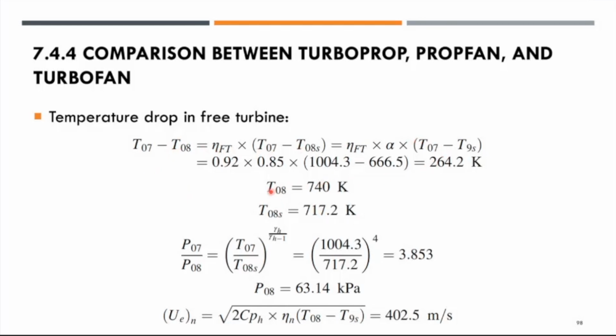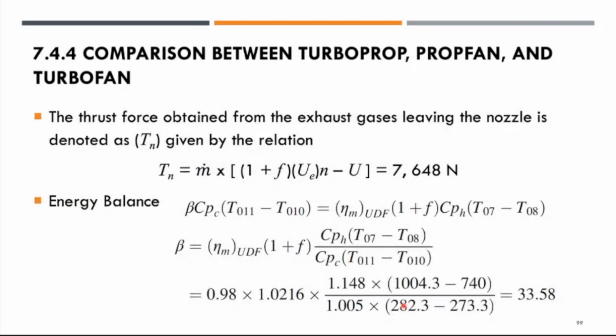So you can then get the T08 value to be 740 Kelvin, T08S equal to 717.2 Kelvin, right? So eventually, you will then get P08 to become 63.14 kilopascal, where the exit velocity at the nozzle is 402.5 meter per second, right? So just now, the velocity for the unducted fan, and now you have the nozzle exit velocity, 402.5 meter per second. So the thrust obtained from the exhaust gas leaving the nozzle is denoted by Tn, total